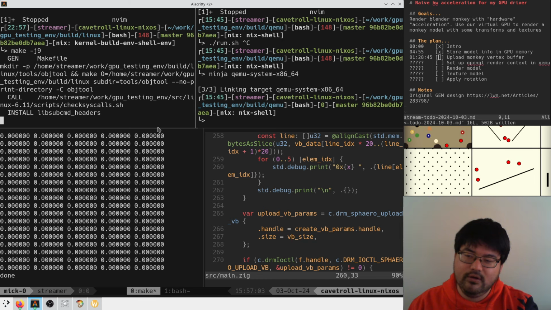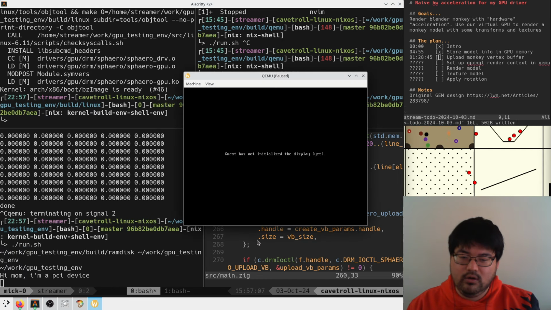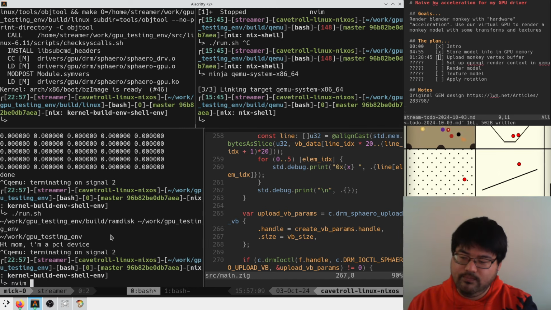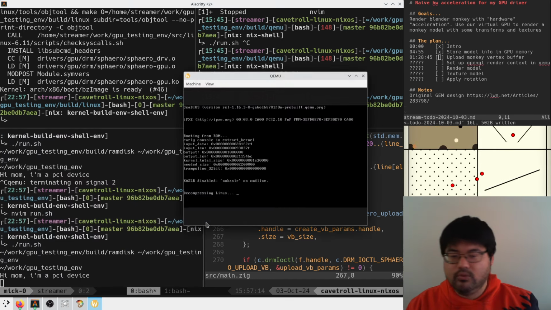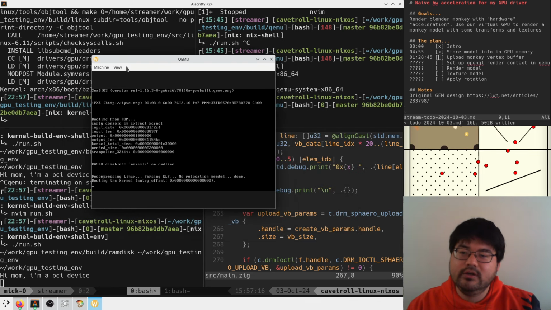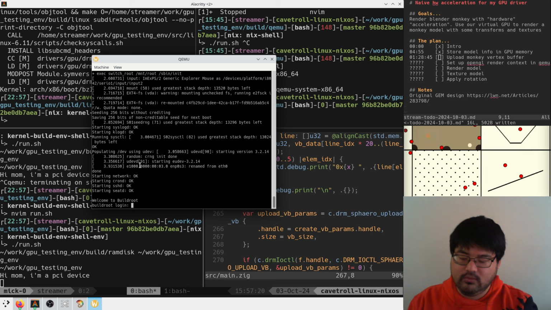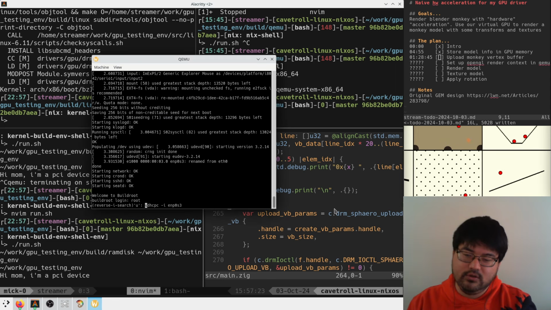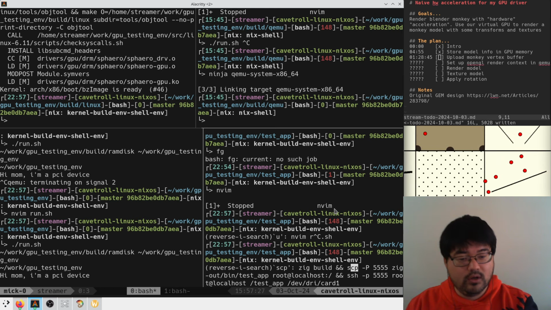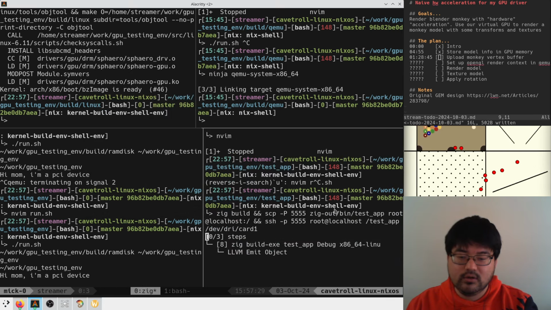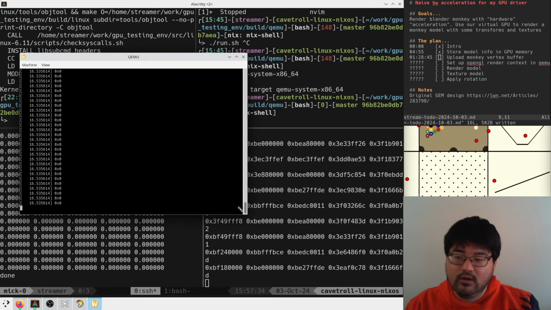Let's see it. Run it. We don't need GDB anymore. Run it. Okay, root. We need to get the latest and greatest of our user space app. Okay, and so now